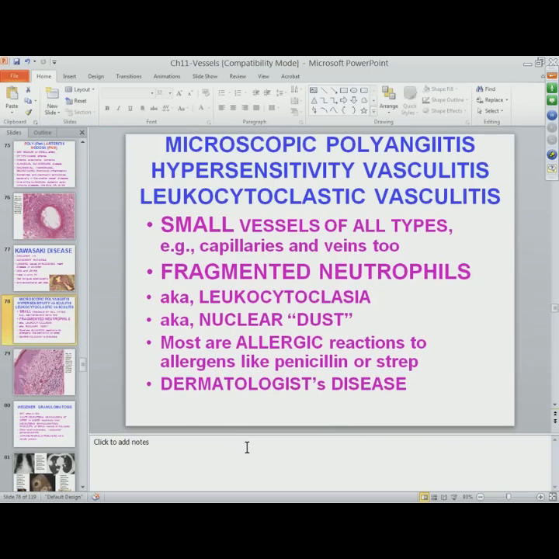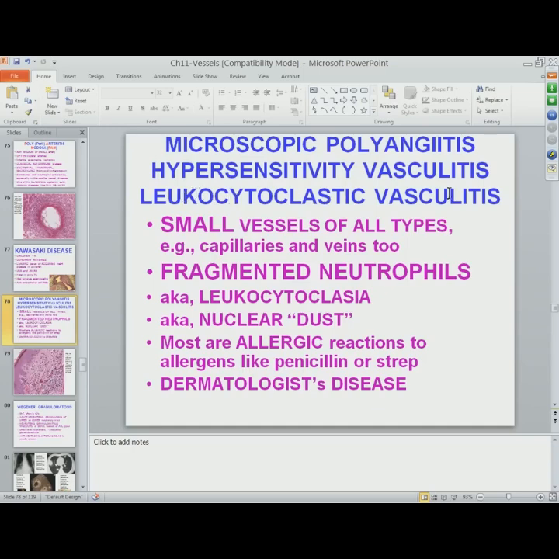This disease goes by a wide variety of names. It's all the same thing, but it is a vasculitis. It's usually small blood vessels, even capillaries and veins, but also arterioles. It's usually the very small ones that are microscopic. It's frequently in the skin, so it's basically a dermatologist disease. And I'll give you the three names. One of them is microscopic polyangiitis. One of them is hypersensitivity vasculitis. And the most preferred term, we had a dermatopathologist talk about inflammatory skin diseases. The pathologists and dermatopathologists and dermatologists usually use the preferred term